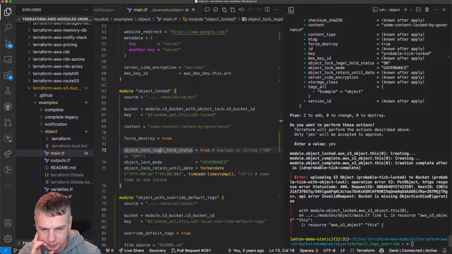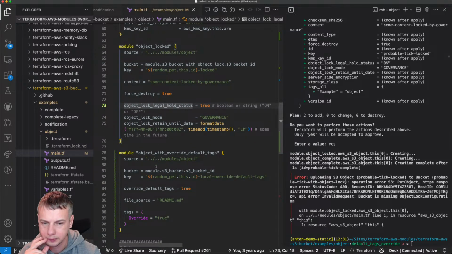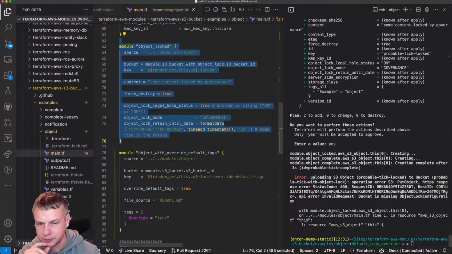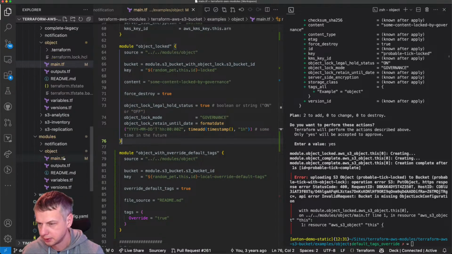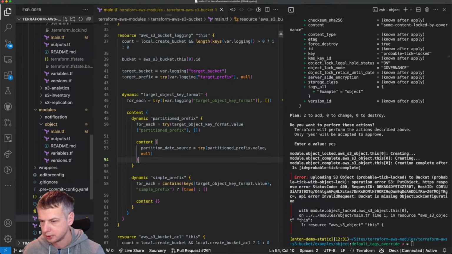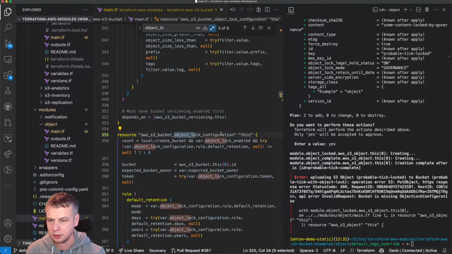Why is it missing object lock configuration? So here we create a bucket, but we have not specified something inside of the module. On the level of bucket, there should be object lock configuration, this one.